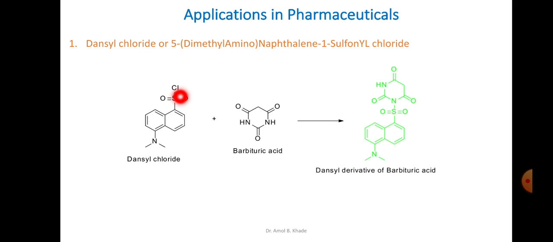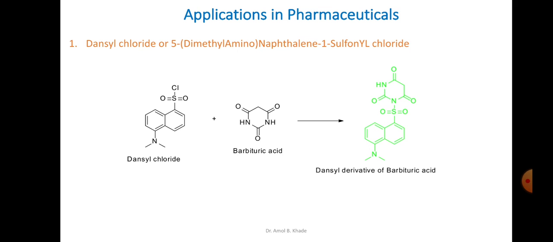Now this sulfonyl chloride will react with a primary or secondary amine. So in this case it can react with this NH, or even it can react with this NH, and then it will form the corresponding complex or adduct. So we refer to this as a dansyl derivative of barbituric acid. You can see here the chloride has been removed along with one of the hydrogens of this nitrogen, and then this nitrogen of the barbituric acid is getting combined with this, forming a dansyl derivative